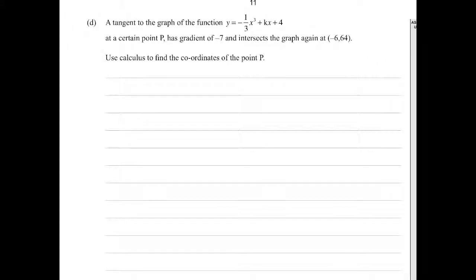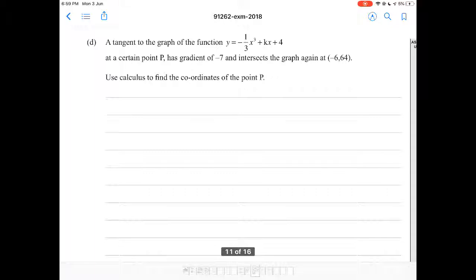Okay, a tangent to the graph of the function y equals to negative a third of x cubed plus kx plus 4 at a certain point P has a gradient of negative 7 and intersects the graph again at negative 6, 64. Use calculus to find the coordinates of point P. Okay, so a tangent to a graph, okay, it has a gradient of negative 7 and it intersects the graph again at negative 6, 64. Okay, so basically for this question, okay, we're going to find